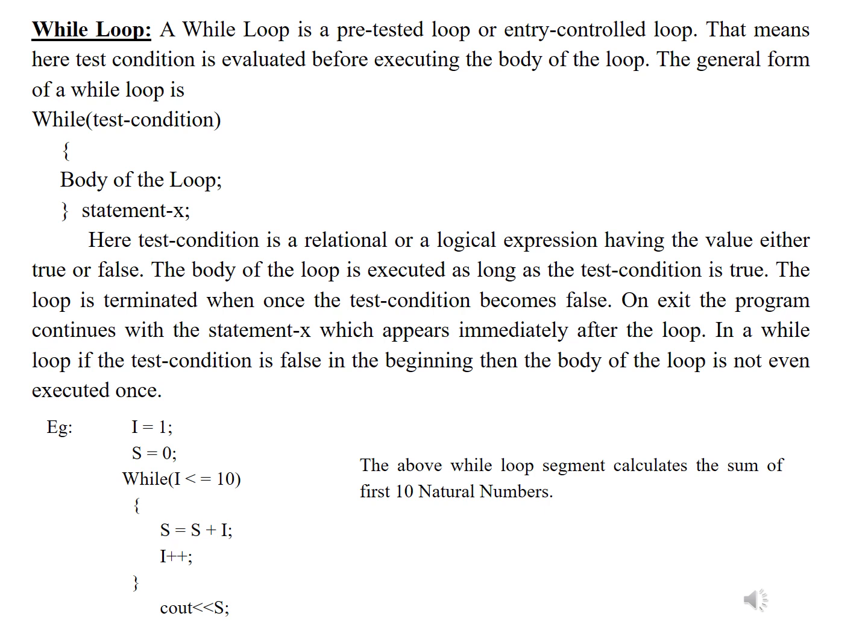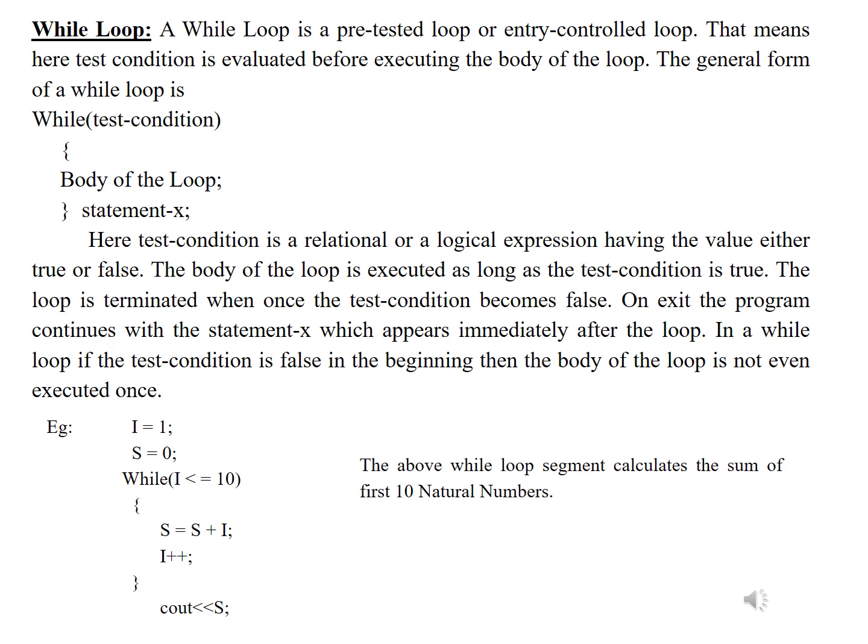The body of the loop is executed as long as the test condition is true. The loop is terminated once the test condition becomes false. On exit, the program continues with statement X, which appears immediately after the loop. In a while loop, if the test condition is false in the beginning, then the body of the loop is